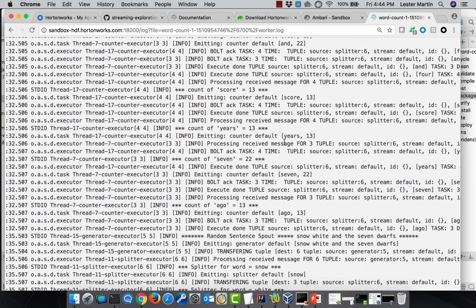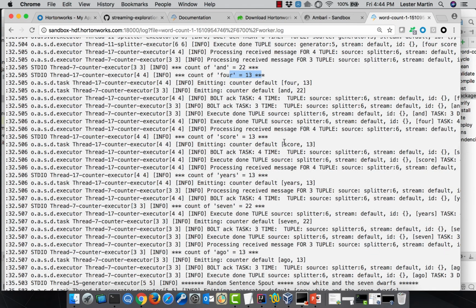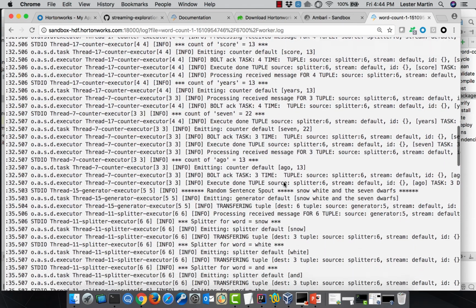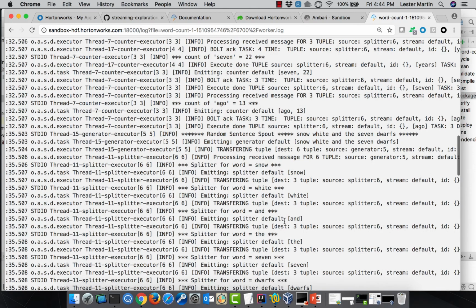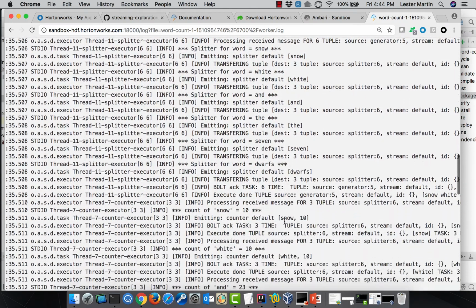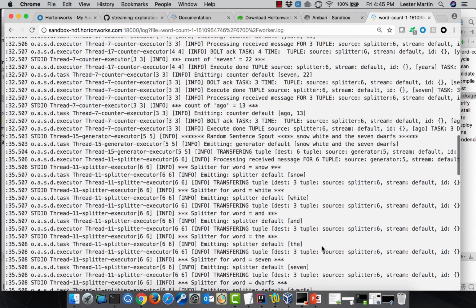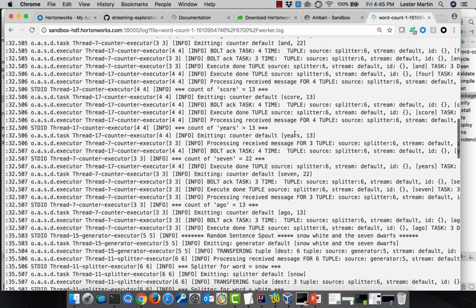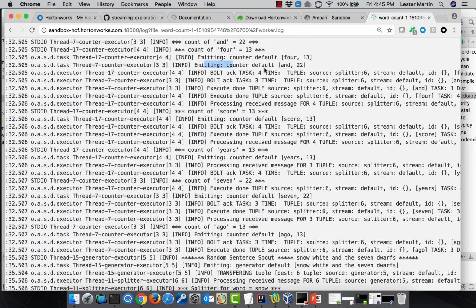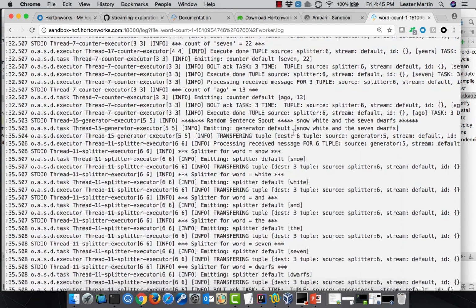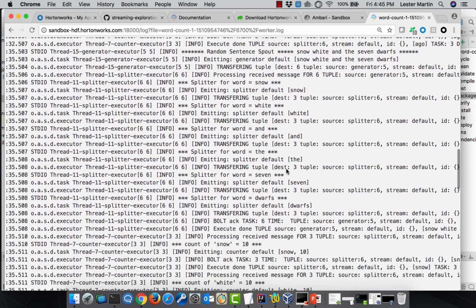So I'm looking for a word that I could repeat. And for, and, a go, Snow White, "and" might be a good one. See if I can catch that one in stream. And. There's "and" 23, and we were looking at "and", I thought we were looking at "and" up here of 22. There we go. If you look really closely, we raised another sentence in here that had the word "and"